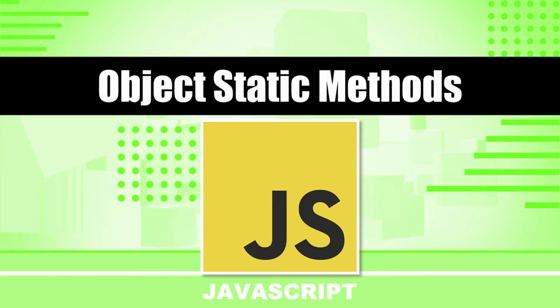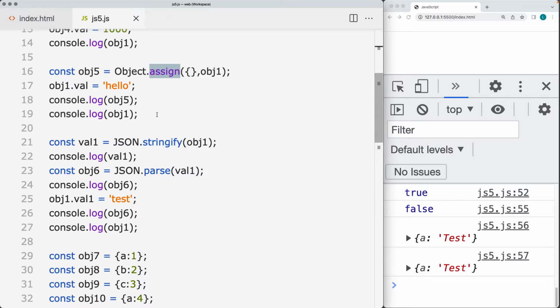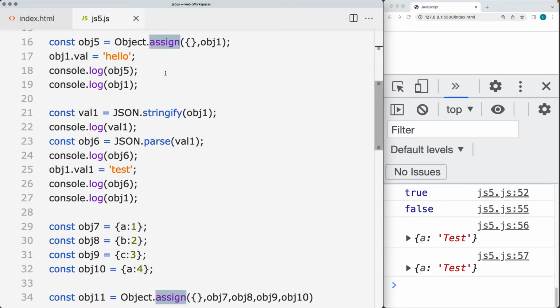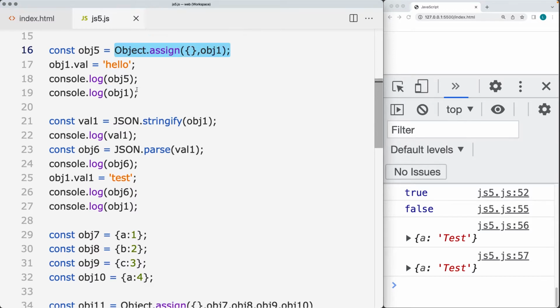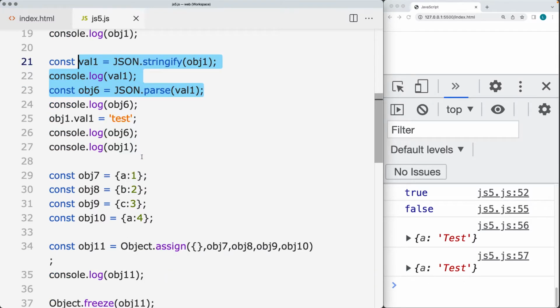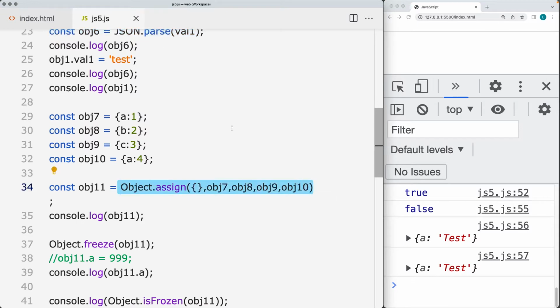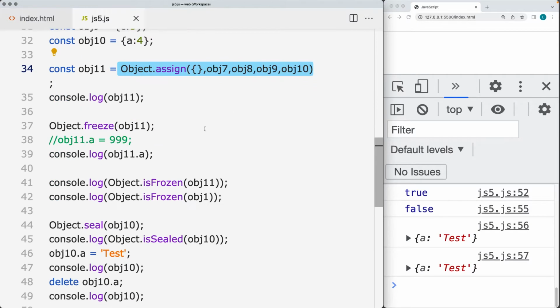This lesson is going to be about Object static methods and some of the commonly used ones, such as assign, where we can merge different objects together, how we can clone an object using assign, and how we can stringify and parse using the JSON method to convert it into a string. This also allows us to clone the object. We'll also use assign to merge multiple objects together,